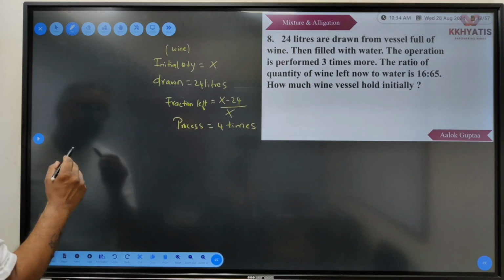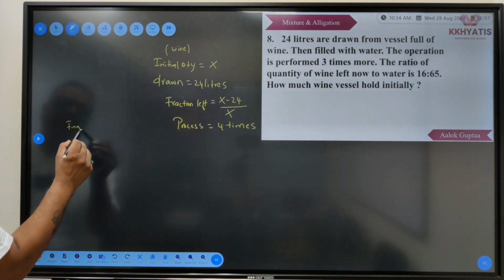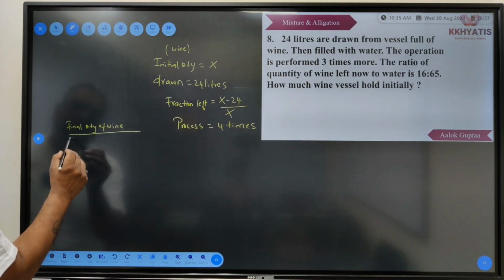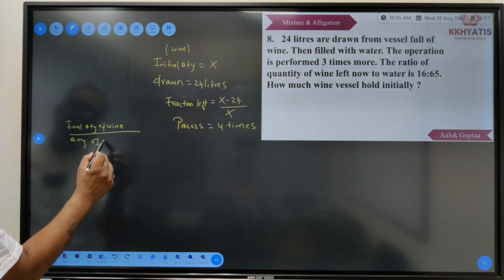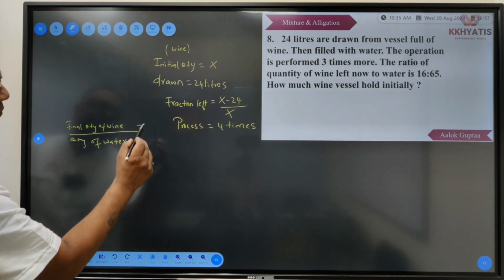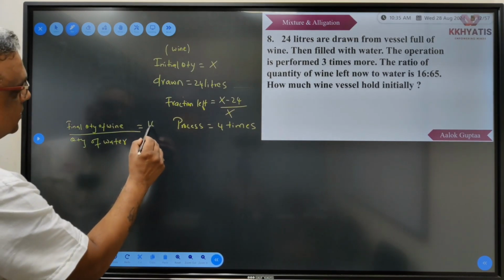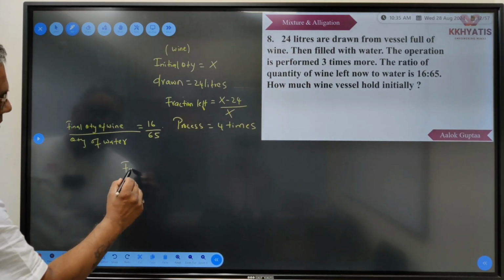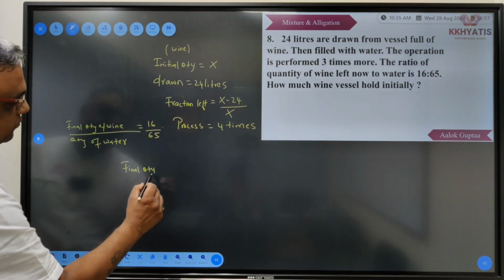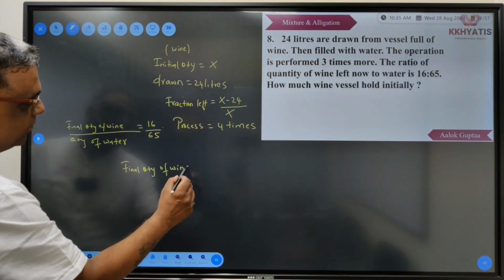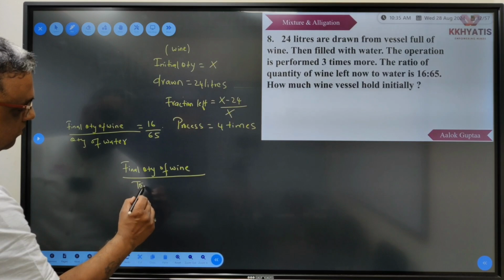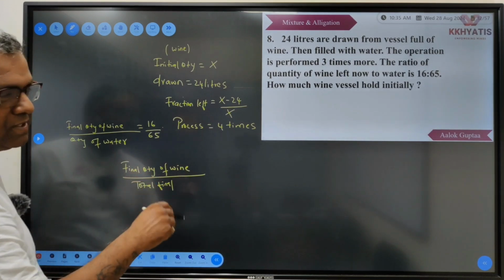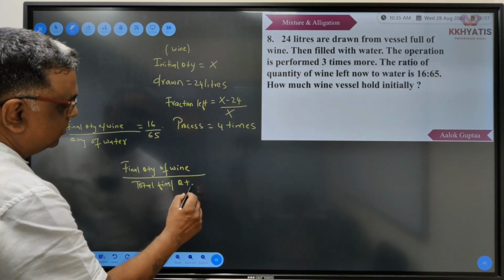And what is the final quantity of wine upon quantity of water? This ratio is given to us, 16 upon 65. Now let's apply the formula. Final quantity of wine upon total final quantity. I'm doing this for a purpose. I'm just writing the formula once again because previously I was directly applying the formula. Total final quantity